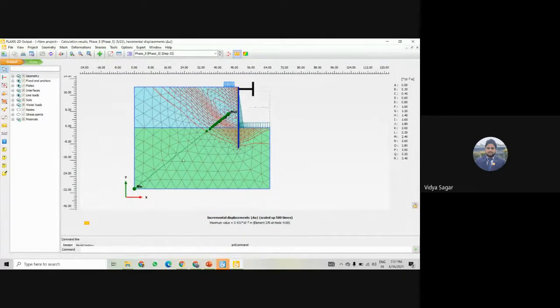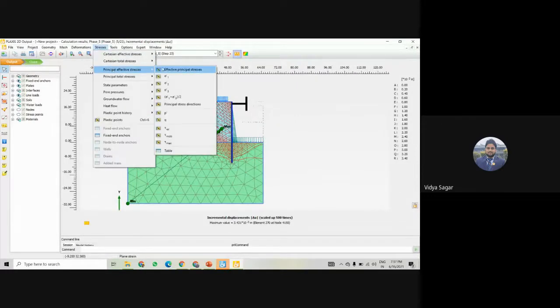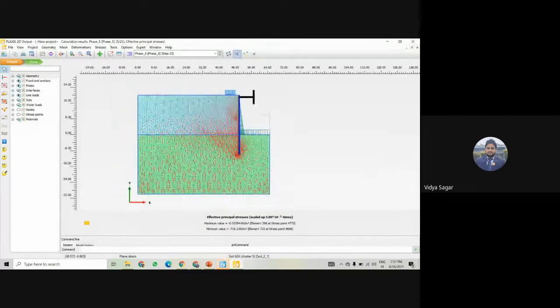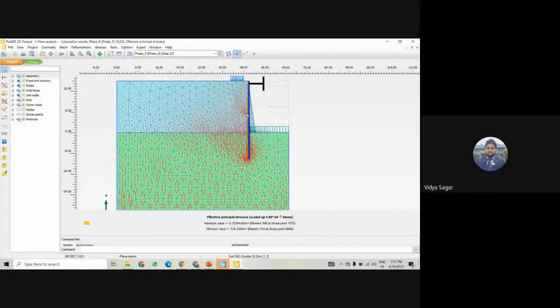Obviously minimum, it started from this point where the effect is not going. Now this is the deformation, and if I check the stress, principal stresses, again it gives the principal stresses. This is the maximum value and this is the minimum value.